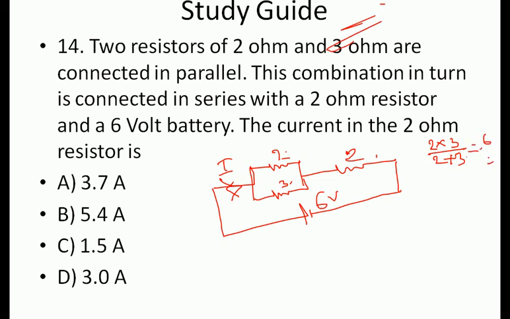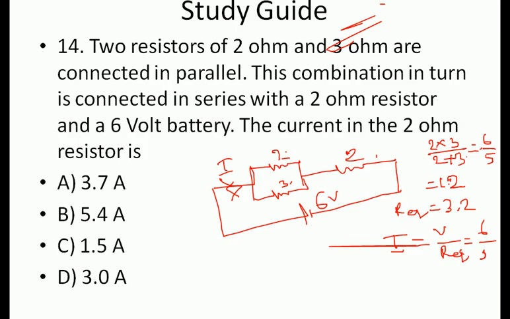6 by 5 means 1.2. Now what is the R equivalent? R equivalent will be 2 plus 1.2, which is 3.2. Now what is the total current of the circuit? V by R equivalent. How much is V? V is 6 volt and R equivalent equals 3.2 ohm. Now it will be, if I divide by the calculator,